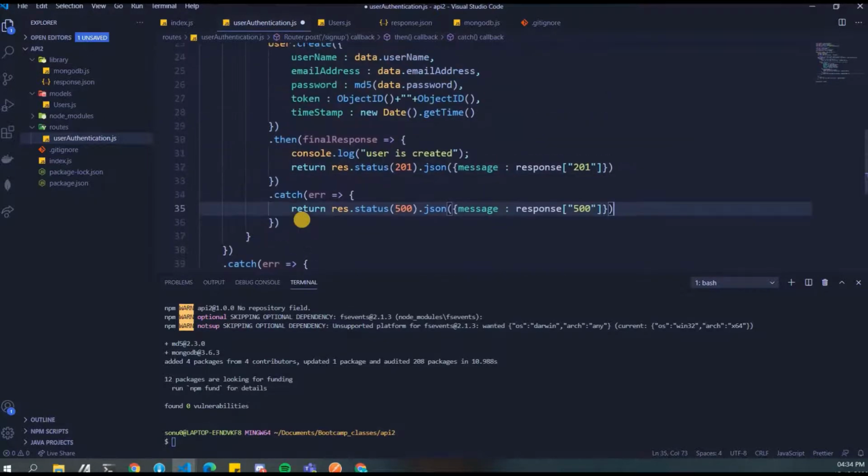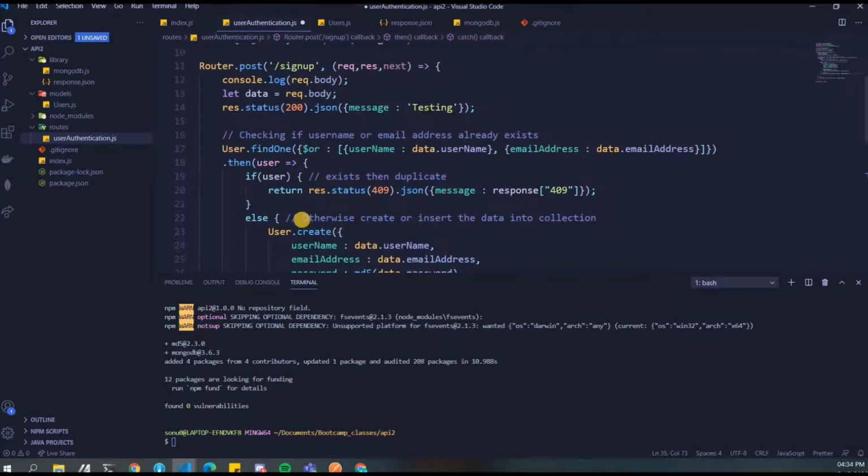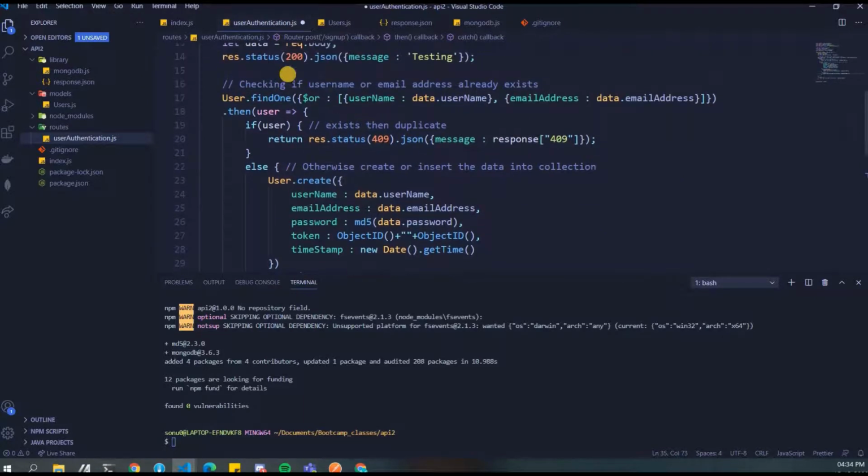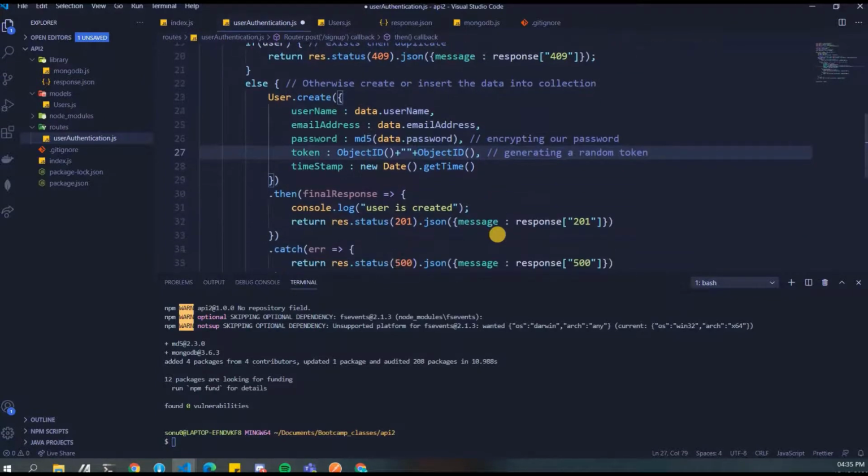Okay. So I think this is pretty much good, right? We checked for the condition, otherwise insert data. Over here, let's write encrypting our password. Then over here, generating a random token, correct?